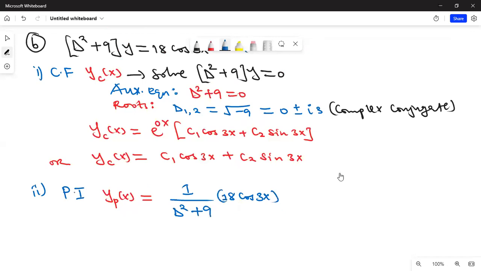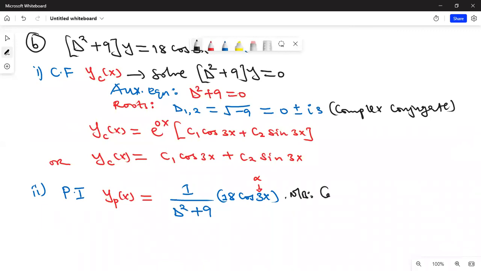Now look at the coefficient of x here. This is alpha. Alpha is 3, sorry. Alpha squared will be 9, and so negative of alpha squared is -9. When you replace D squared by negative of alpha squared, that will be -9 here plus 9, which is 0. Remember case 2. Case 2 fails. So you can take note